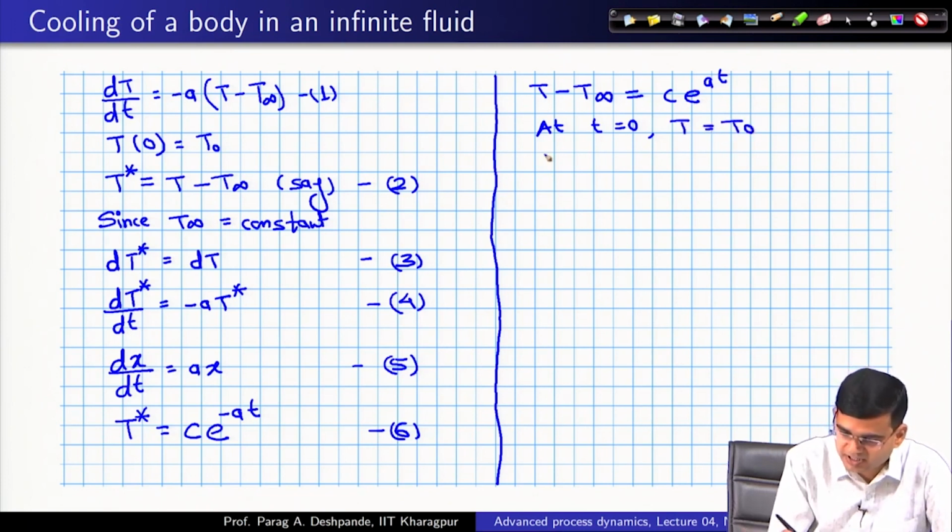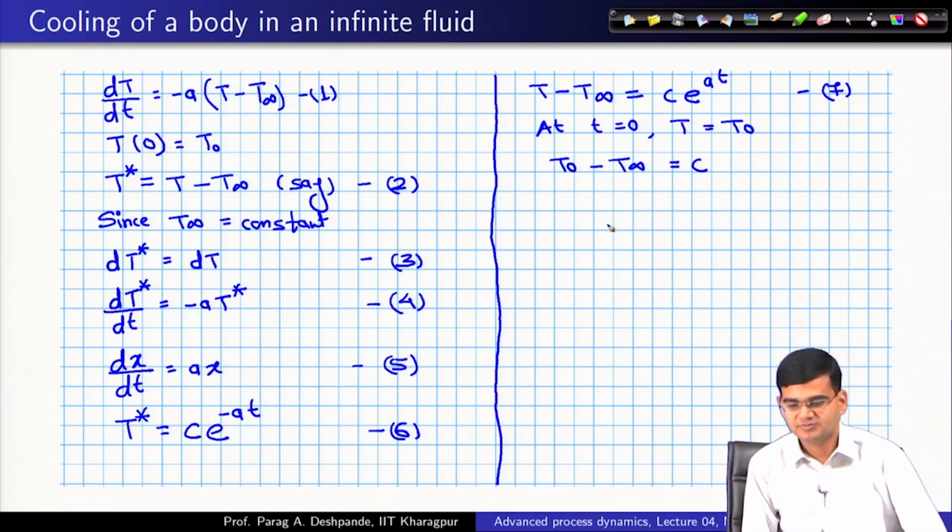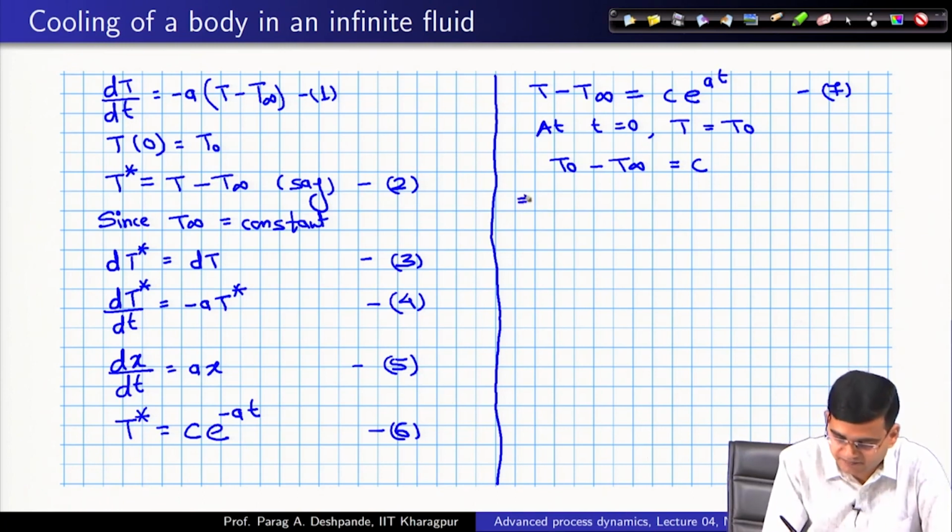So, I will substitute it in equation number 7. So, I have T 0 minus T infinity is equal to C. Okay. In other words, I have T minus T infinity is equal to T 0 minus T infinity times e